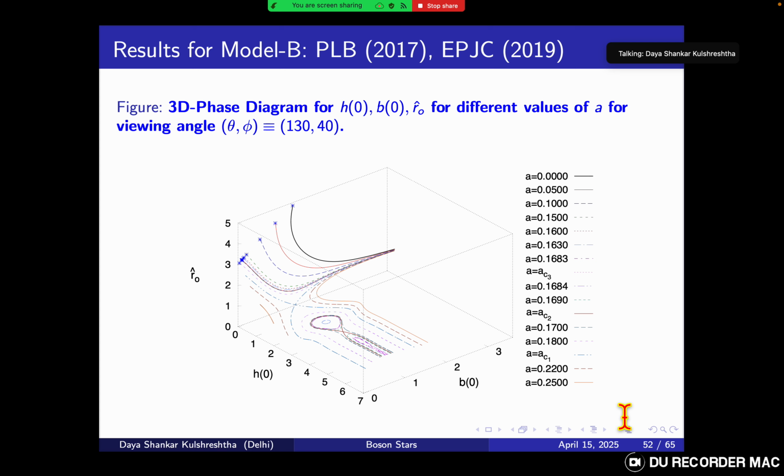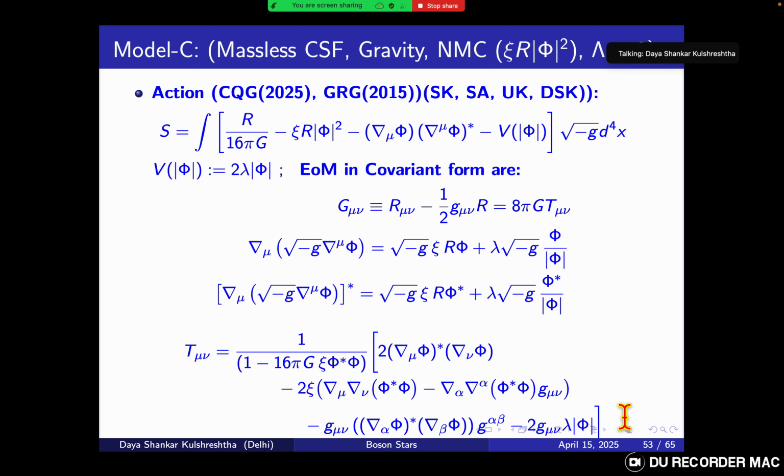After that, I would come to the, yes, so I finally come to the third model. I have so far presented 2 models: one with a massless scalar field without cosmological constant, and the first one was a massive scalar field in the presence of cosmological constant. Now here we try a different thing. So this is just a new series of our papers in this direction, and in fact this is the first